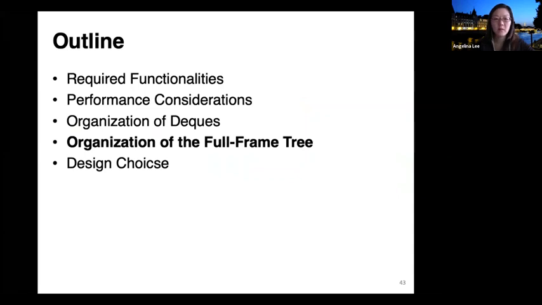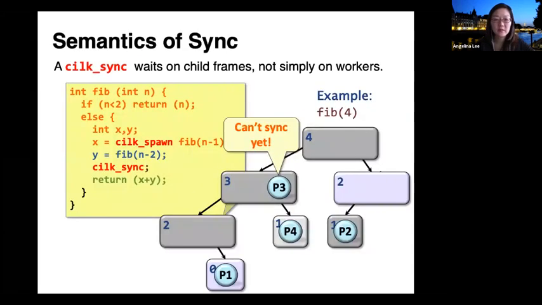Okay, so now let's talk about the organization of the full frame. Recall, whenever we hit a sync, if there are potentially subroutines still executing on other workers, then a worker can't successfully execute the sync.